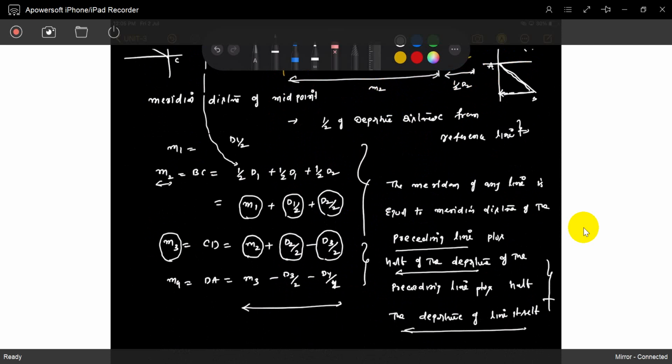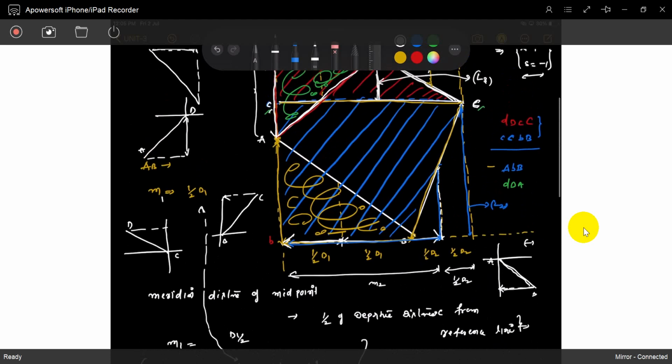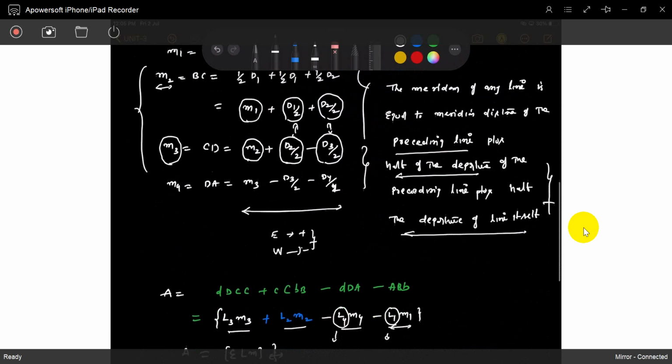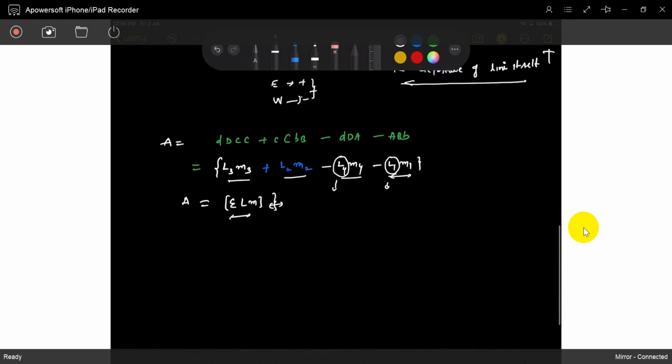Sir, someone has a negative sign, someone has a positive sign. Exactly, if you take east as positive, west you take as negative. Then directly come to the meridian distances. There is no need to check every line, no purpose to check. I just prove it, and it will give the area. Understood? So that's it. The same thing I will explain in the second method also, later.